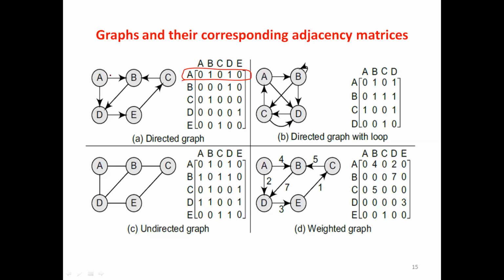When you look at A to B, you have a directed edge, so it is enabled as 1. It is 1. Then when you take the other nodes,